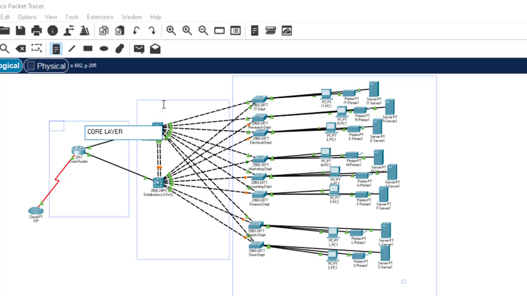Then again in distribution layer, let's say here distribution layer, like that. Okay, then access layer, access layer. Okay guys, we are done